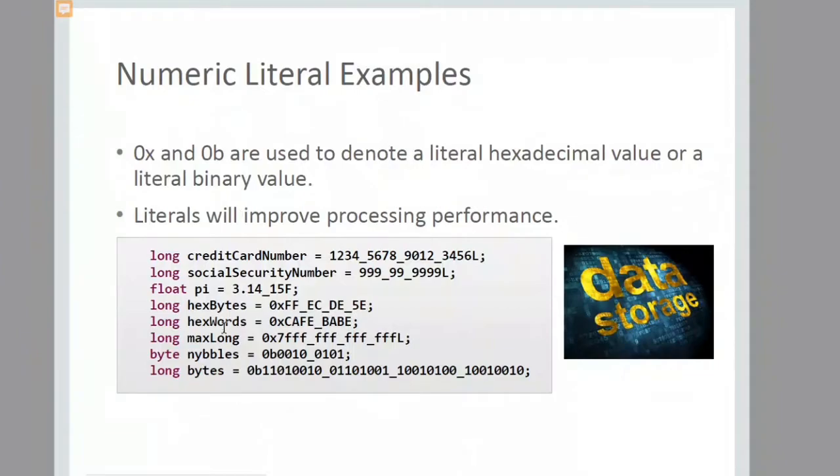So there are also long values. Actually there is a term called long int. If the integer size maximum is exceeded, then it will take long. If you see a long credit card number, what is the number, 1 2 3 4 underscore 5, so see different types of data. It is a combination of letters and numbers. If you want to read such a type of data, what will be the data type? The data type will be long. Clear? Hexadecimal values you can take. Clear? So these are the different ways of reading different variables.